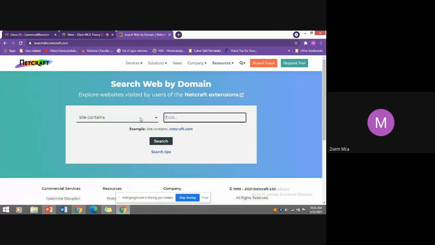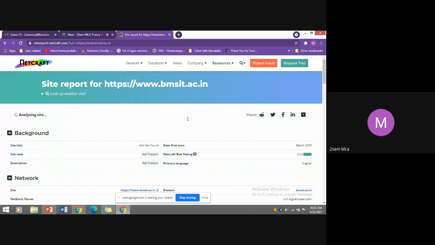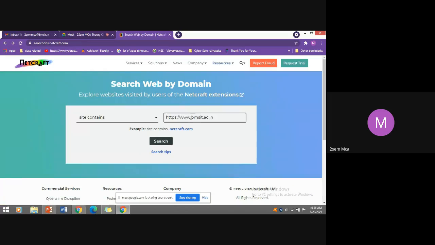Now they also have site reports. Let us take https://www.bmsit.ac.in. It shows a 404 error, since what I have provided is wrong. With HTTP, they directly push to bmsit.ac.in.